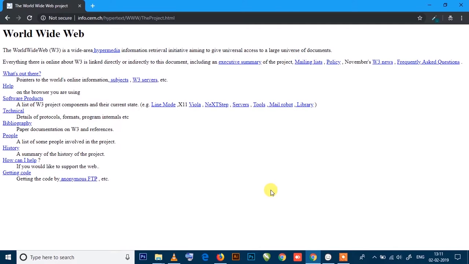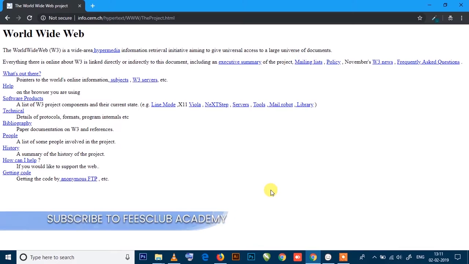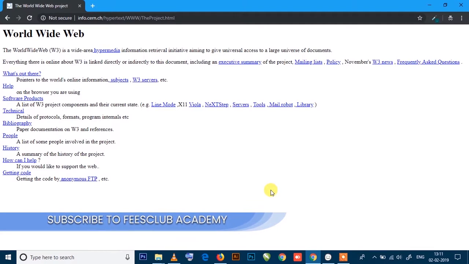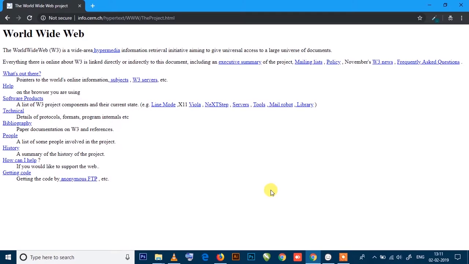Also, he created a server, and in that particular server he put some pages, some files, and those files are nothing but HTML files. So let's talk about CSS. Now, what is CSS? CSS stands for Cascading Style Sheet. The cascading style sheet is just a way to